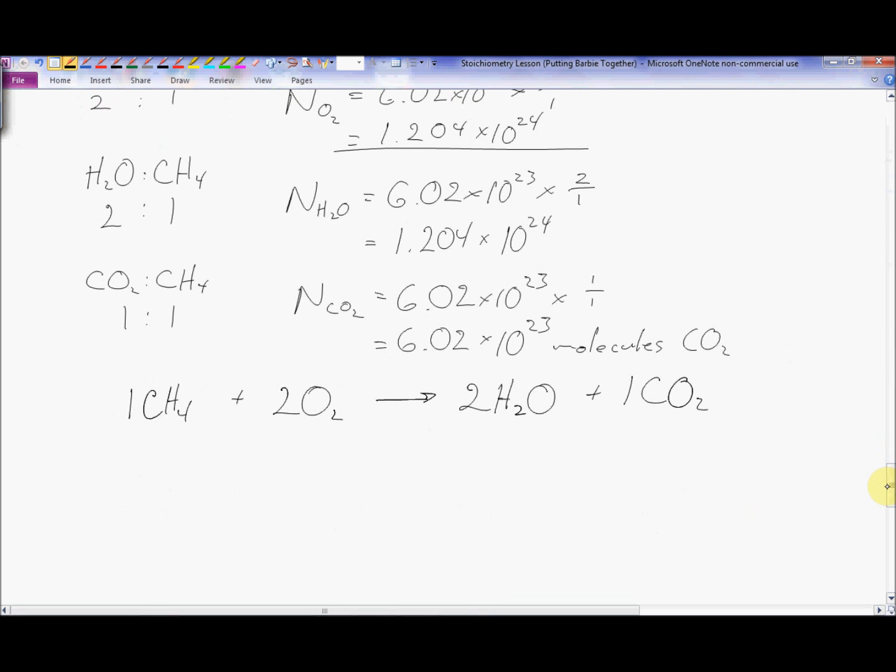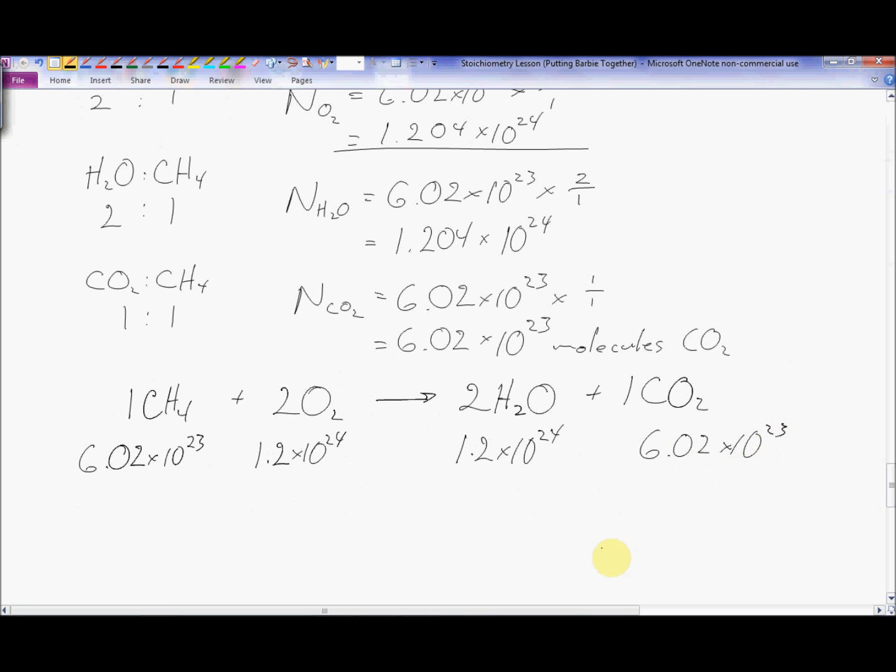Then using that equation, we were able to figure out that if we had 6.02 times 10 to the 23 of methane, instead of just one particle, we'd end up reacting that with 1.2 times 10 to the 24 molecules of oxygen and producing 1.2 times 10 to the 24 molecules of water, and also producing 6.02 times 10 to the 23